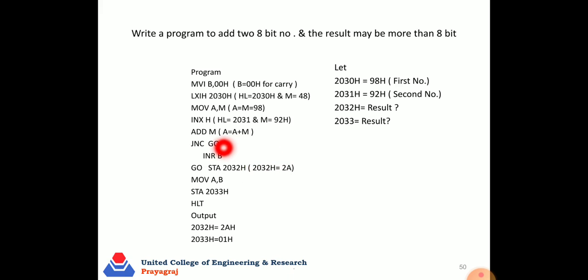So the condition becomes false: if there is a carry, it will not jump to GO, it will continue executing the program. Then INR B. What is the meaning of INR? Increment register. What is the value of B? We previously initialized B as 00, so in that case B becomes 01.